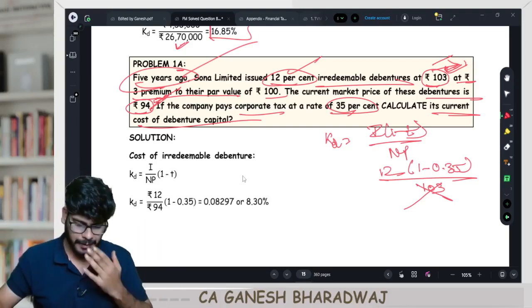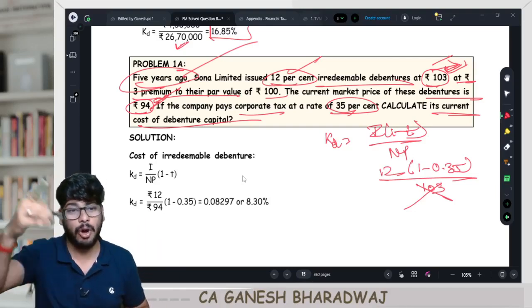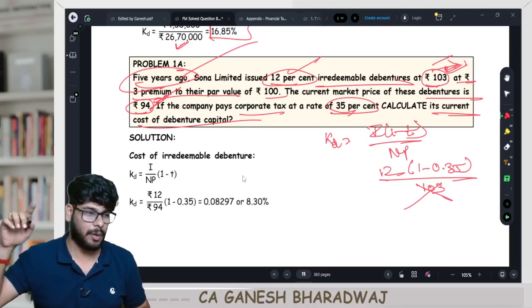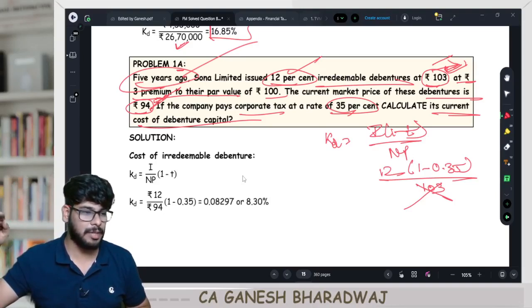Fine, guys. Done. That's about this particular question. Go update your library of adjustment. Give the reference 1A, page number and all. I'm just telling you this. Write down cost of irredeemable debenture